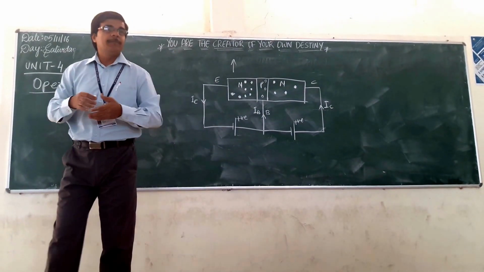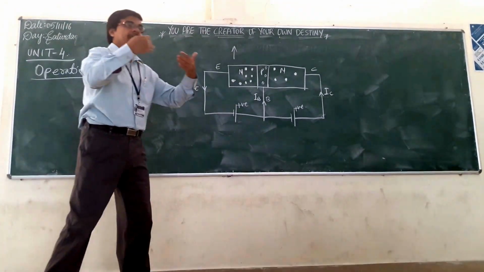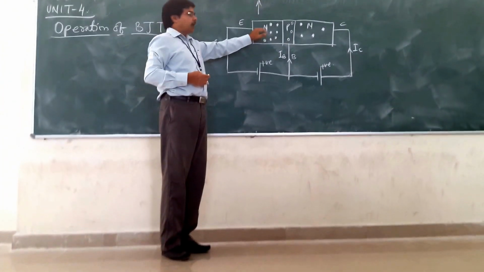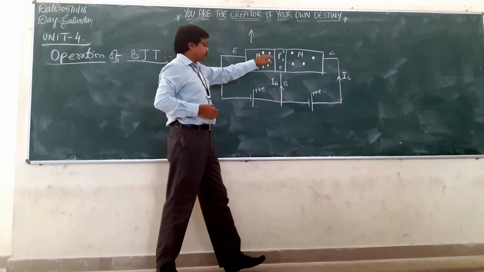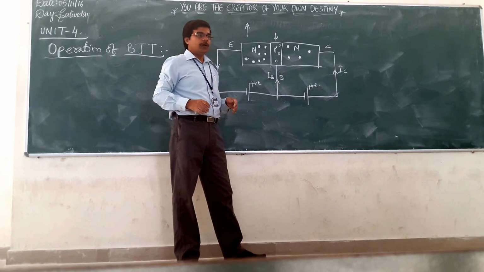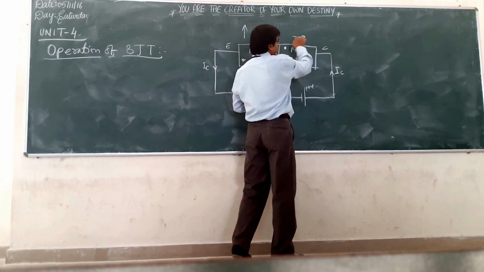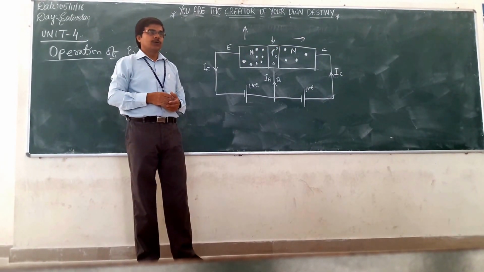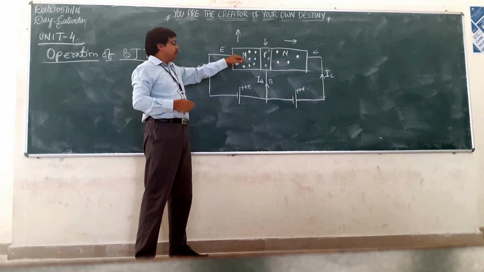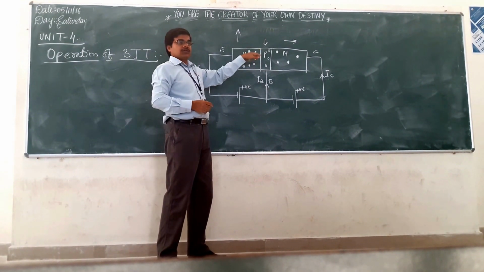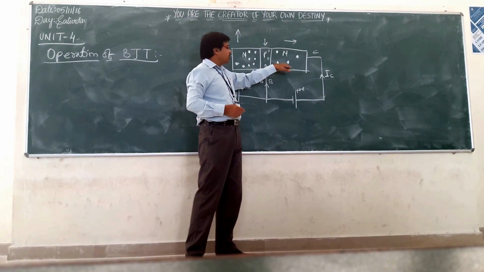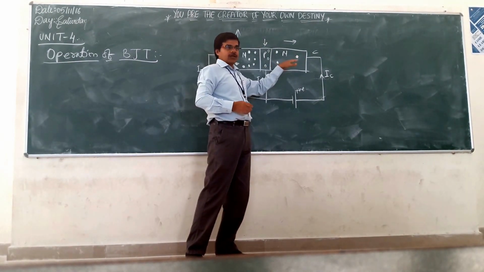What do you mean by doping? Doping means adding impurities. Okay. So here, this N-type material is heavily doped. If you are going for your P-type, this is lightly doped, and collector is intermediate doped. Okay. In N-type material, you are having free electrons. In P-type, here you will have holes. Here again you are having N-type, here you will have free electrons.